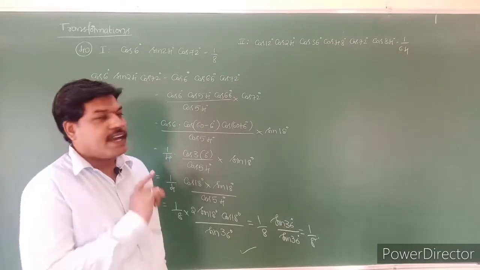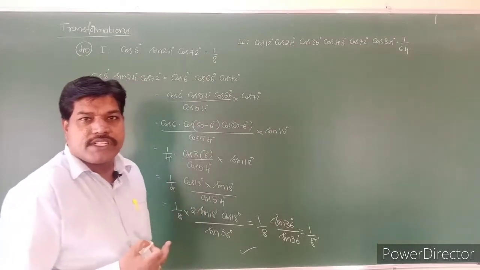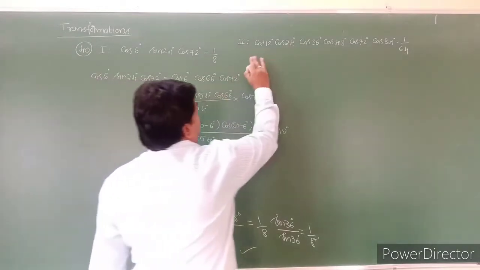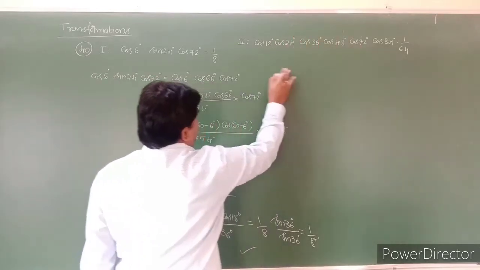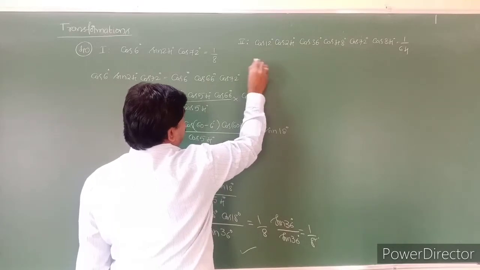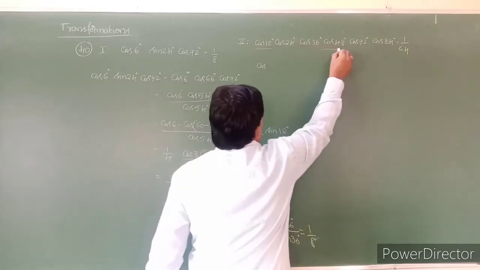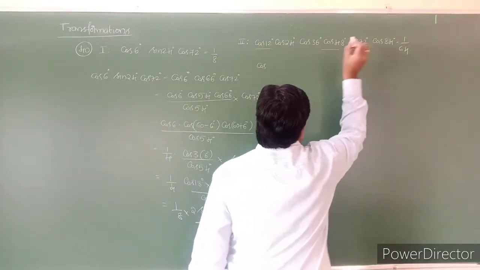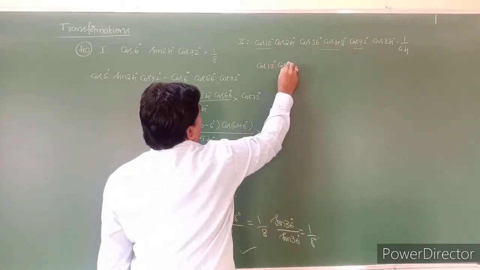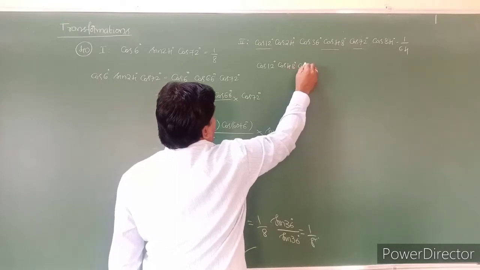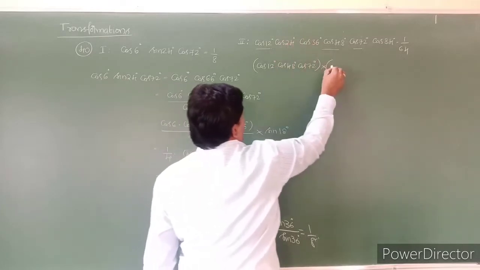So see what the second condition is. This is the second condition. Is it true or not? We can check that. See this one, students: cos 12, cos 24, cos 36, cos 48, cos 72, cos 84. So what will I take? I will take cos 12, next cos 48, next cos 72. So these are three terms I will take first. So see this one: cos 12, cos 48 degrees, cos 72 degrees into the remaining values. What is the remaining?